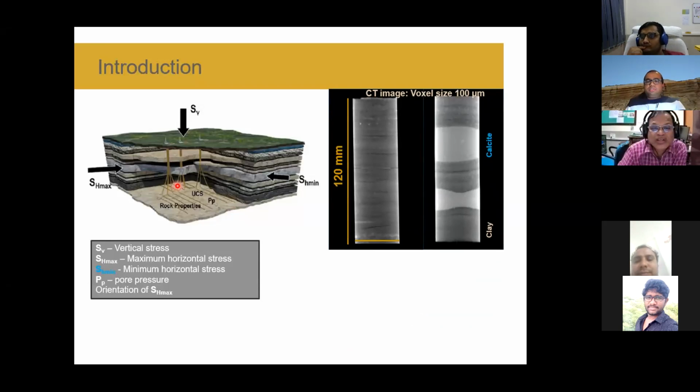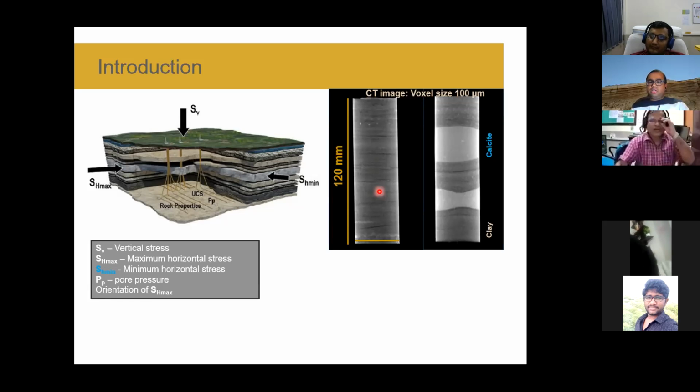In our prospect, we already know that, for example, I'm showing here a CT scan image of some of the rock samples. You can see these rocks are moderate in porosity, but the permeability is extremely low, in the nanoscale range. You cannot see it probably through a microscope. We call it the nanodarcy range.